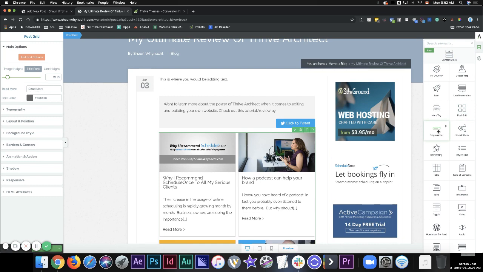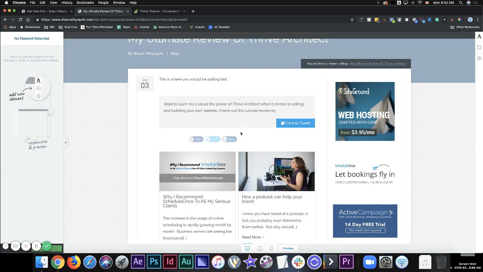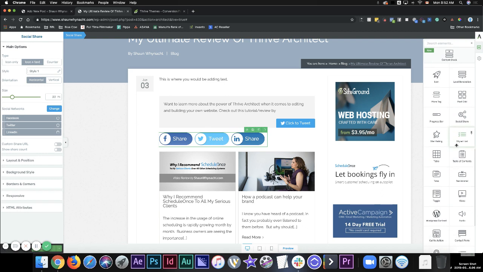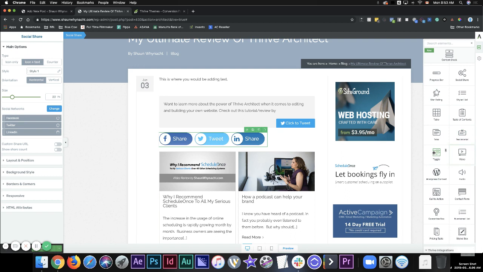We've got progress bars, just like the status wheel that was up there, to show how far along. Social share, so do you want to share this content? You can go ahead and click those, and you can say share, and it will actually open up the social media share options to bring it into the post. Star ratings, like 4 to 5 stars if you're putting in testimonial things, tables, table of contents, tabs, testimonials,